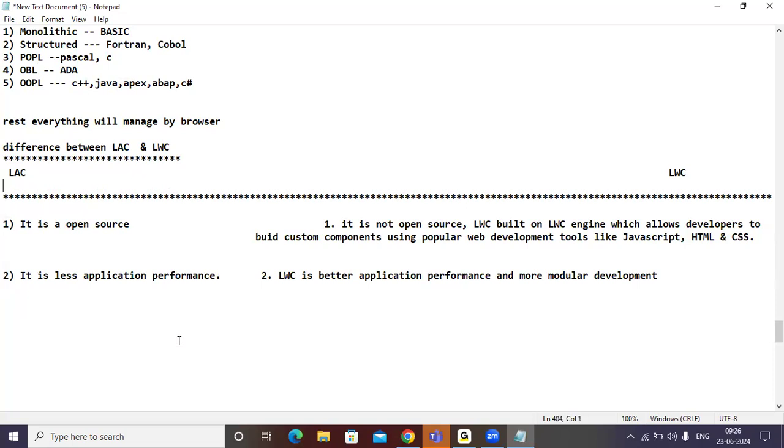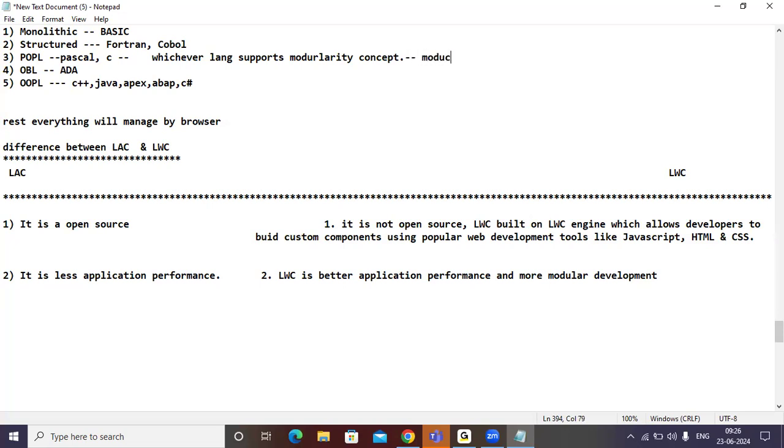Which language can be called a procedural language? C language is an example. Whichever language supports the modularity concept can be called a procedural language.